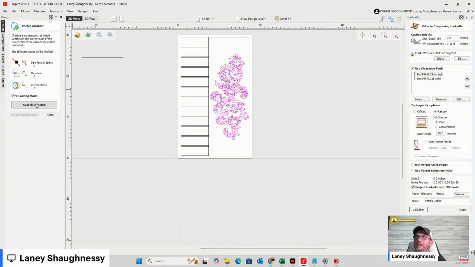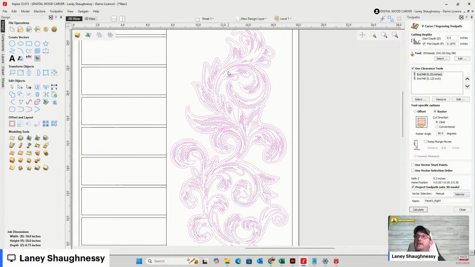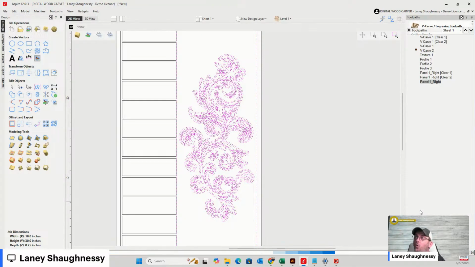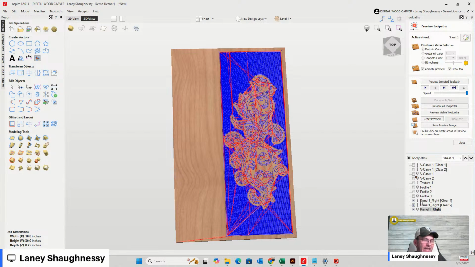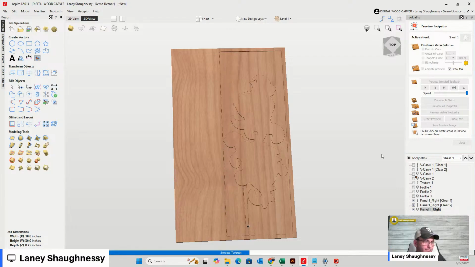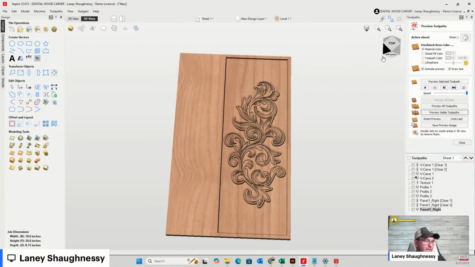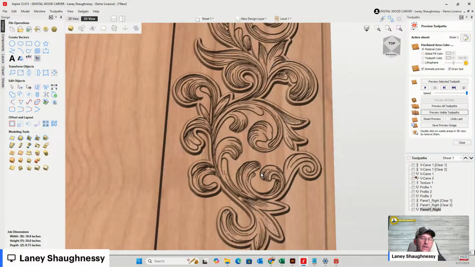And we have 0 overlap, 0 intersection, 0 length spans. Wonderful, happy-go-lucky. All right, let's go ahead one more time. Let's calculate this toolpath as we were just a moment ago about to do before the warning popped up on us. And let's preview our visible toolpath. Okay, wonderful. Now, here